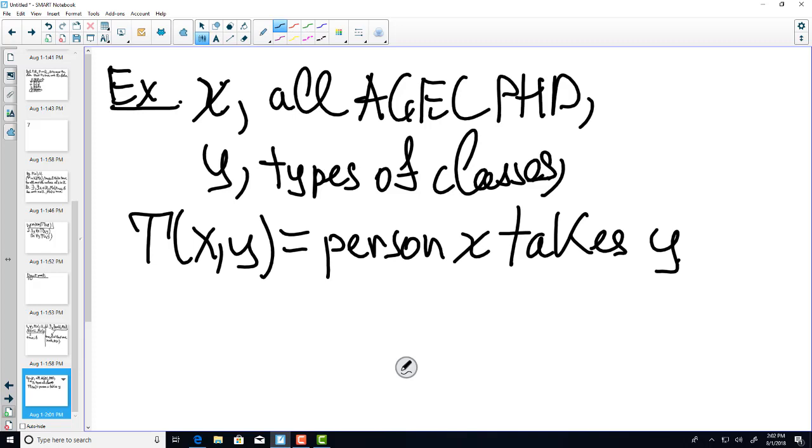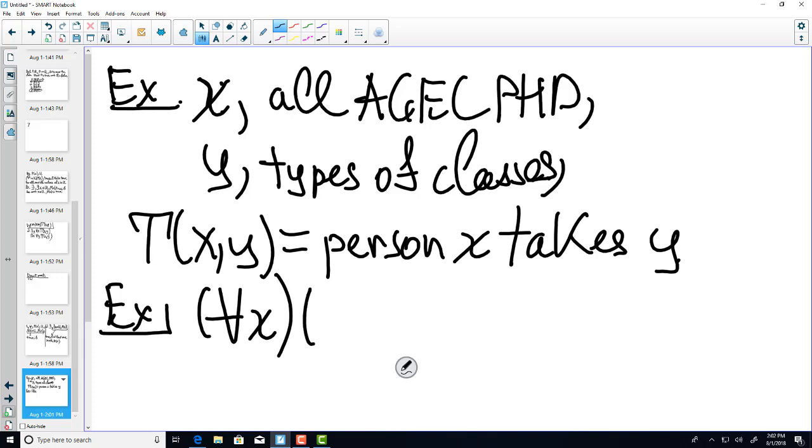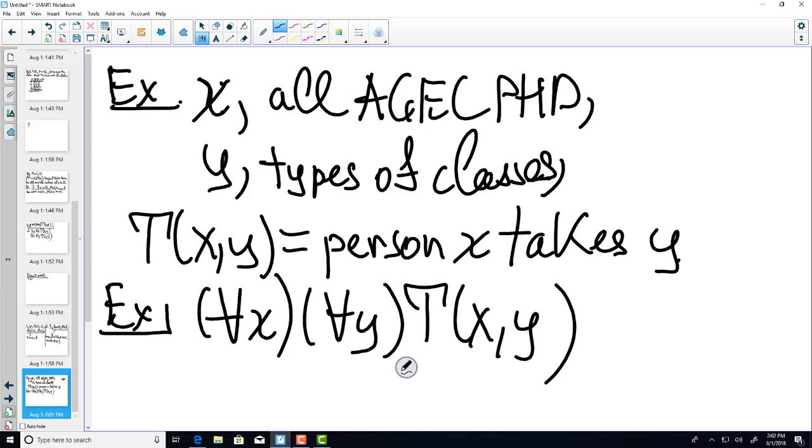So if we try to interpret the following, for all x, for all y, T(x,y), what we are saying is that all Agicom students are taking all classes that are offered at Texas A&M, which is basically nonsense. For example, there exists y